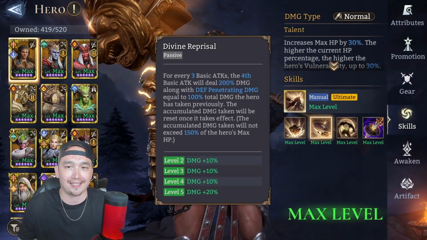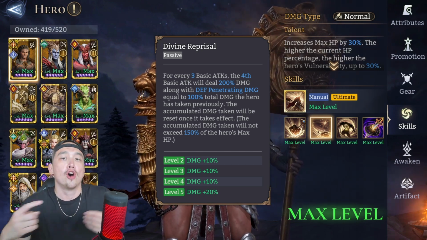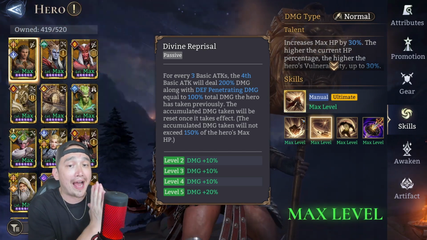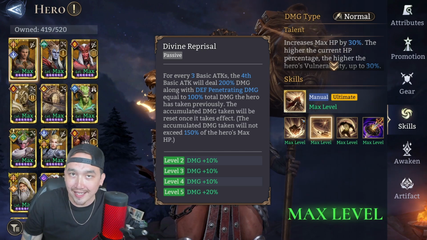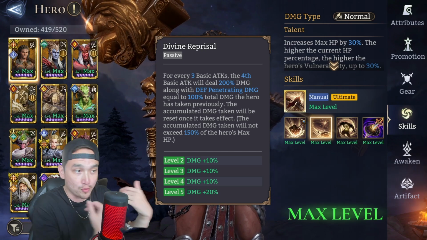If you look at this passive, for every 3 basic attacks, the 4th basic attack will deal 200% damage along with defense penetrating damage equal to 100% total damage the hero has previously taken. In my mind, I was thinking, okay, less attack speed means that she's going to take more damage, which in turn will allow her to do more damage. But